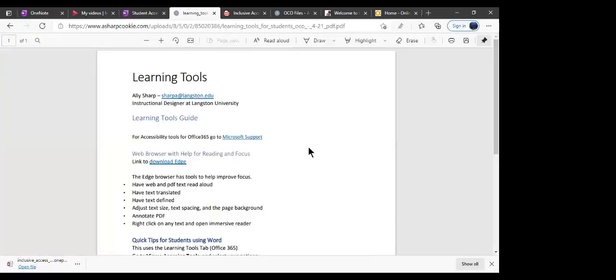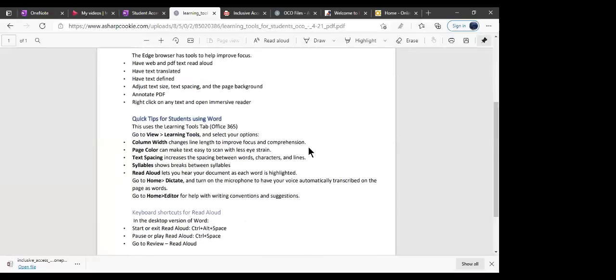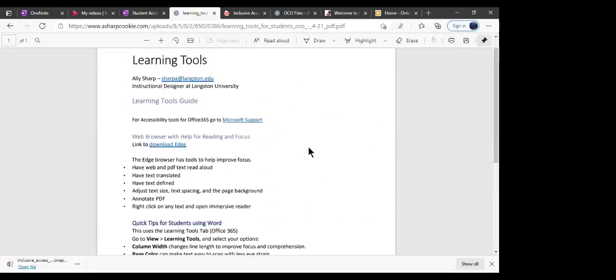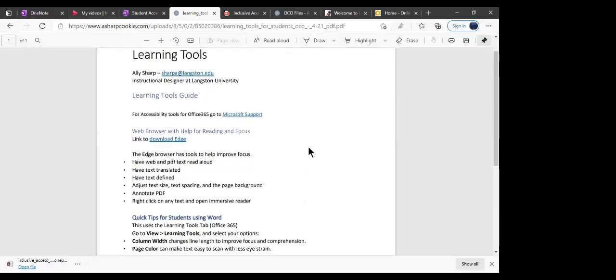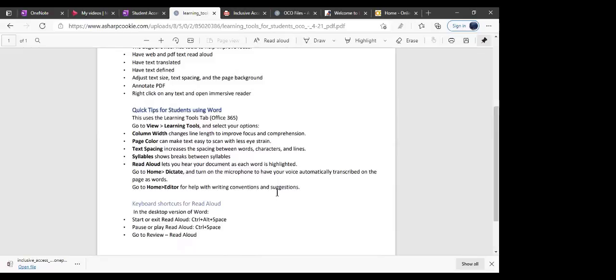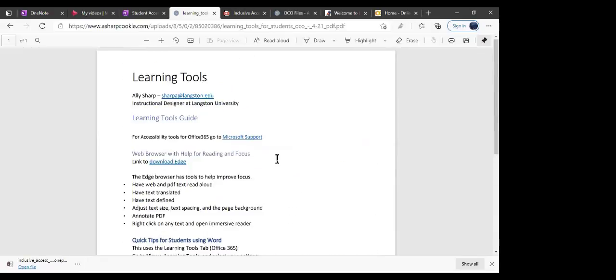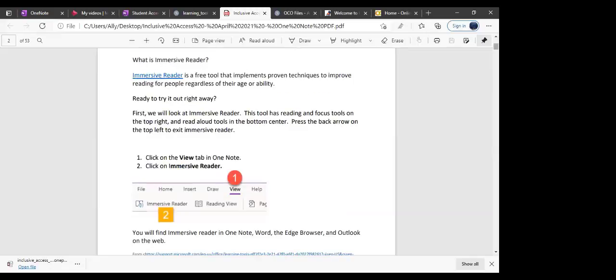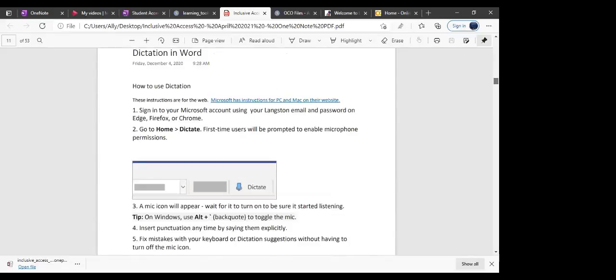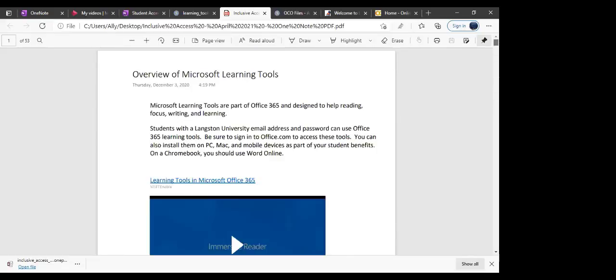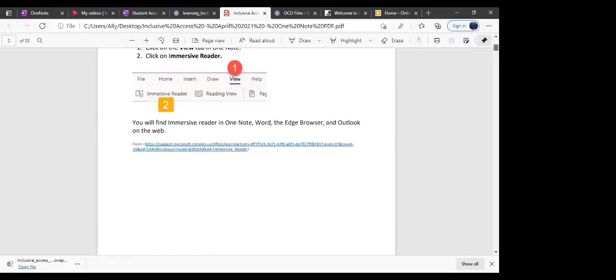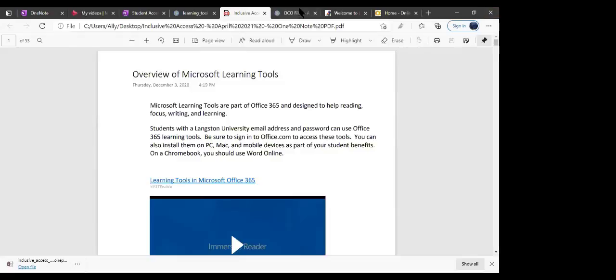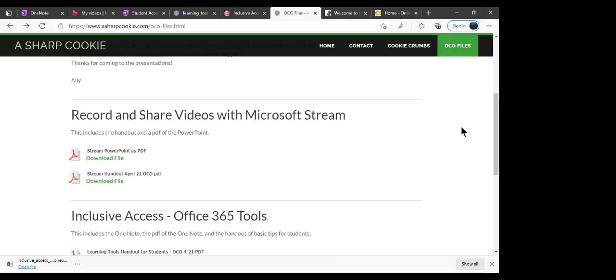This is a learning tools handout that I'm going to share with you. Really, I made this for professors to give students the very minimum they need to know, which is Microsoft Edge and using Word, and then some keyboard shortcuts. And then this is a PDF of that OneNote in case somebody didn't have OneNote. I just made this for you. I've never used this before. The videos wouldn't work, but I thought if you don't have OneNote but you want to see what's in there, it's all there. So what I'm going to do is put this link in chat because I can't share Office 365 files if you're not in my Office 365 group and through A&M.